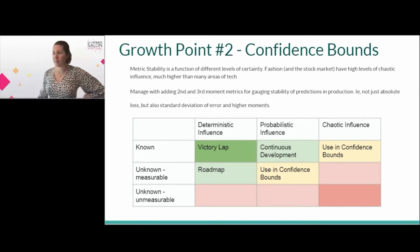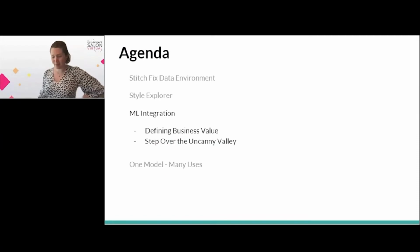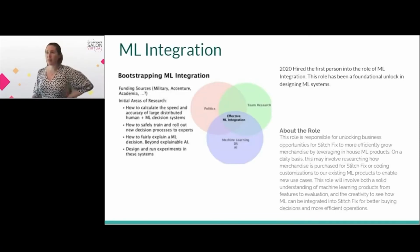Okay, so we built this amazing recommender system, but it's not just enough to know what's going to happen in the future. You have to be able to make that actionable. And this is where we hired our first ML integration data scientist. And this was just an absolutely critical hire. And I'd like to share some of the work that they did for really helping this recommender system land and